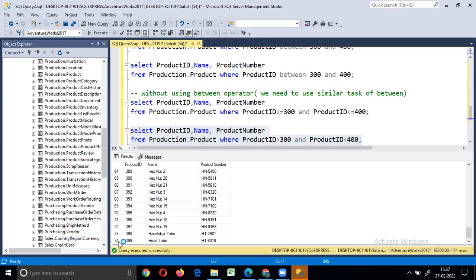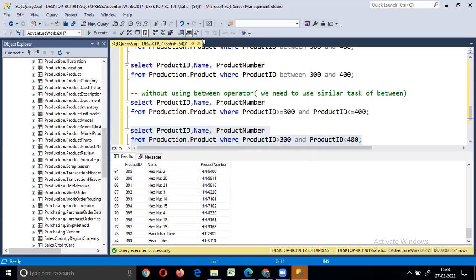Previously we had 75 rows fetched, and now it is displaying only 74 rows. The 400 product ID is not displaying here.